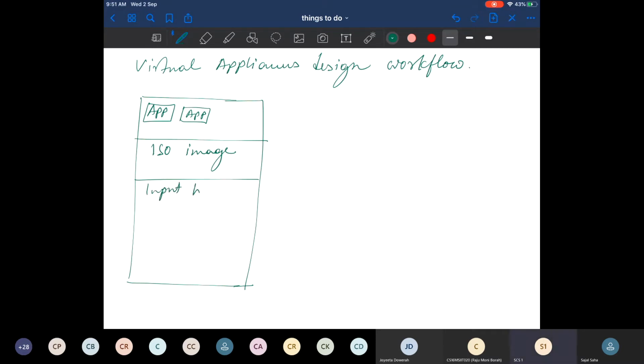And below it you have the input build file.